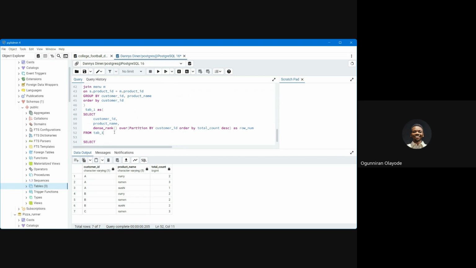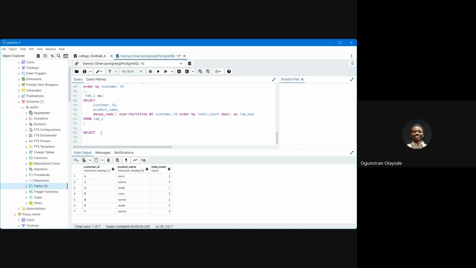I made a mistake, it should be tab 2. Then you put a comma here. Then the last one is going to be select star from tab 2,